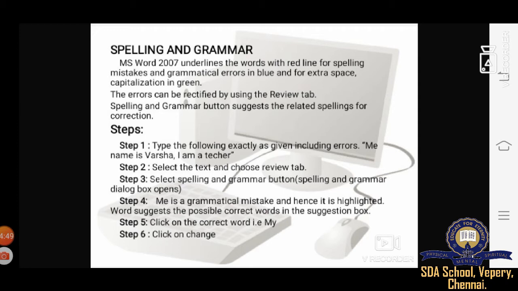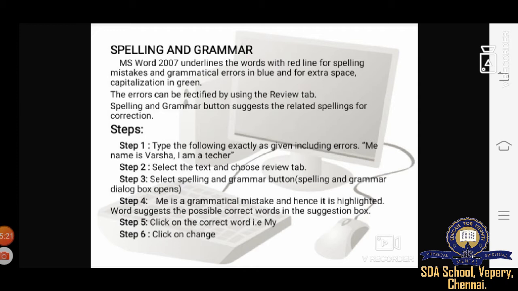We are going to see, step by step, how to illustrate each error and how to correct them. The first step: type the following exactly as given, including the errors. Me name is Varsha. I am a teacher.